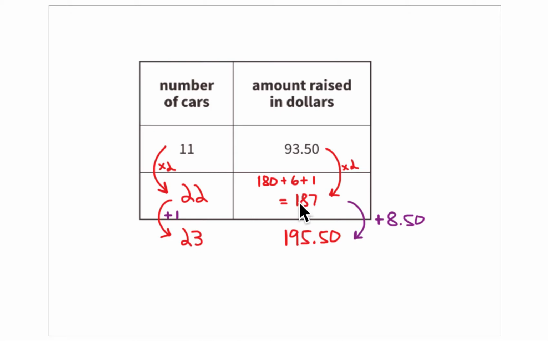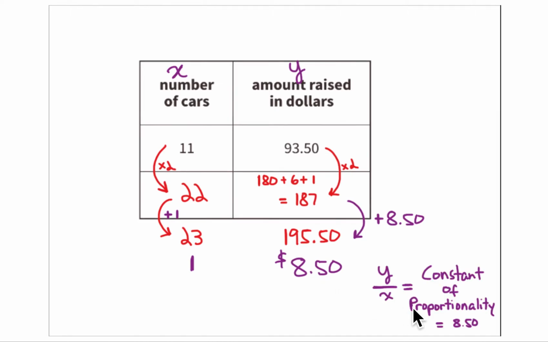And when you do the division in each case, it always tells you how much you make per one car. In this case, one car, one unit, is $8.50. Now, if they want to know how many cars you have to wash to make $200, you just add another $8.50 to this $195.50. And this would push the total up to $204. So here's the constant of proportionality, which is the same as the slope,